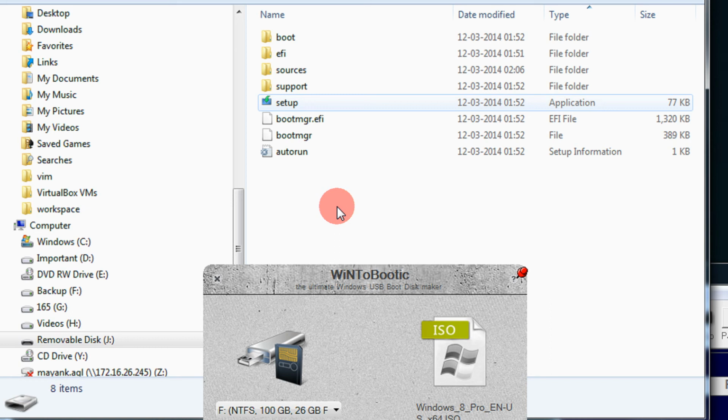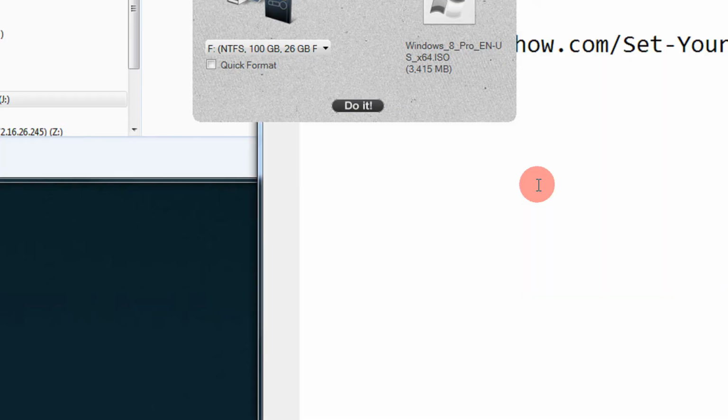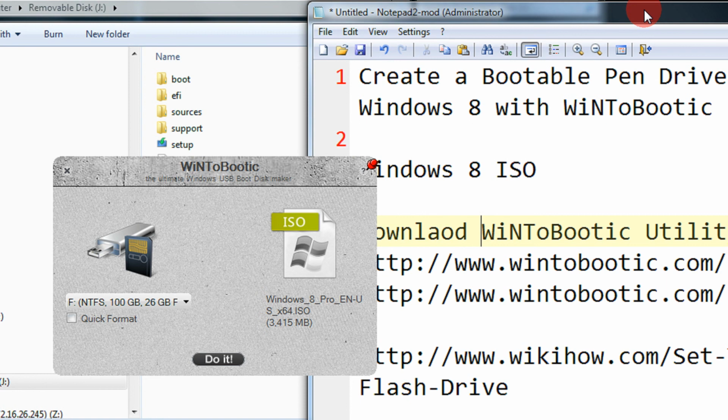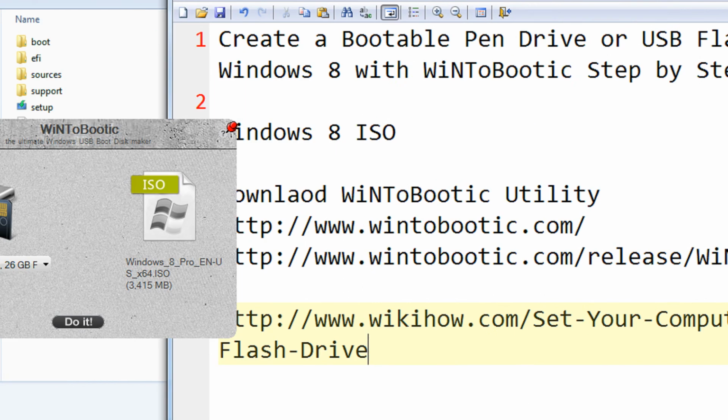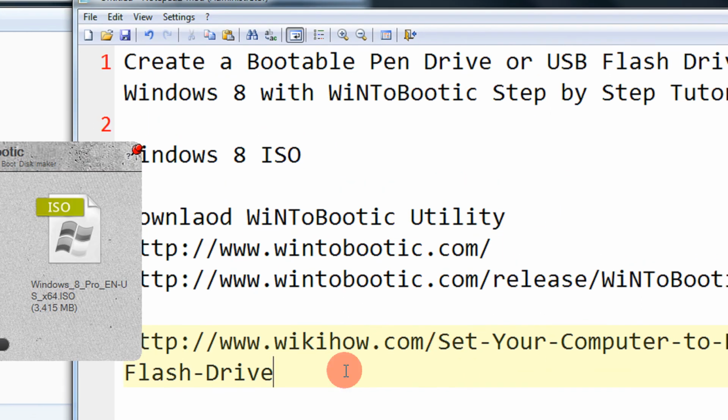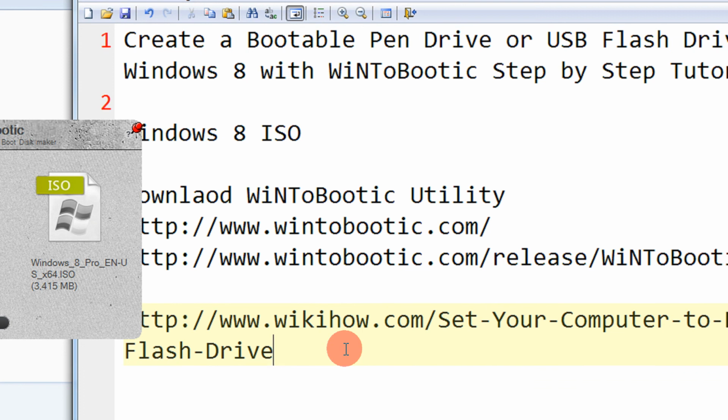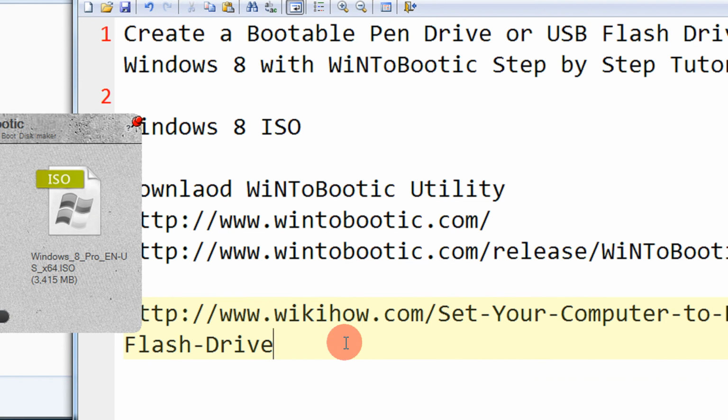Now the important thing is when you reboot your machine, you need to go into the BIOS and make your first boot drive as a USB drive. For that I have given a small tutorial on the WikiHow web page, but different BIOSes have different user interfaces and different places where the settings are located. But in almost all the BIOSes you have boot options, the first boot priority or boot sequence. In that boot sequence, make sure USB drive or a flash drive or a removable drive is set as the first boot.